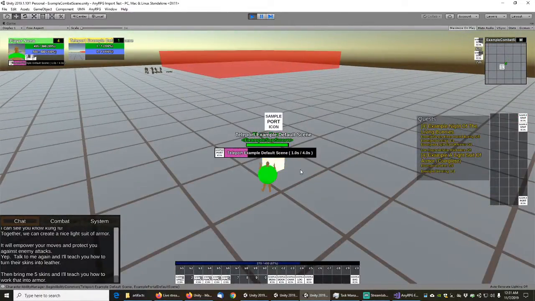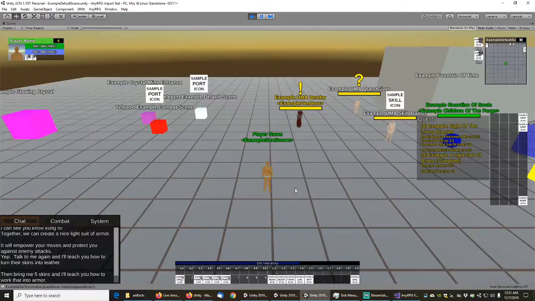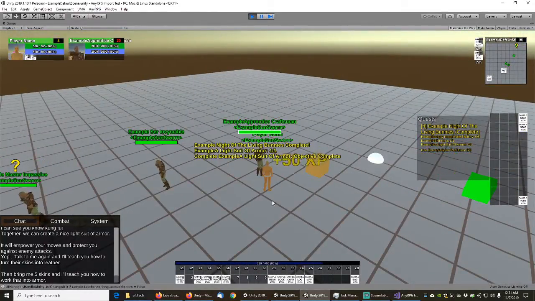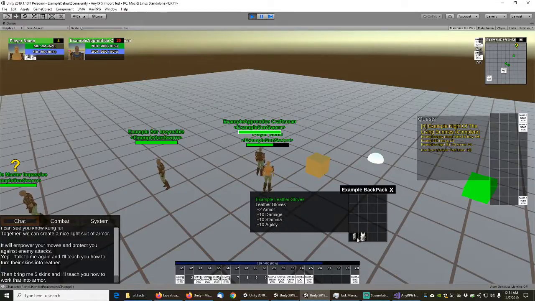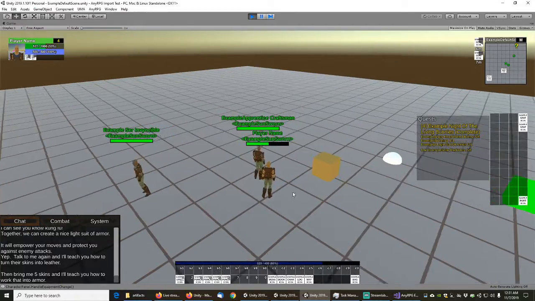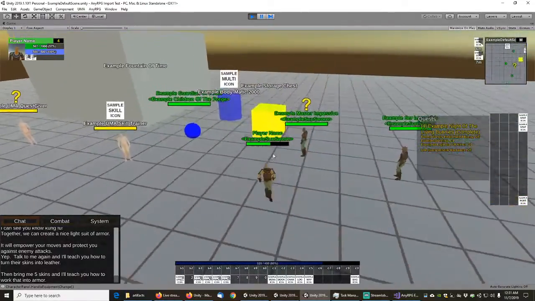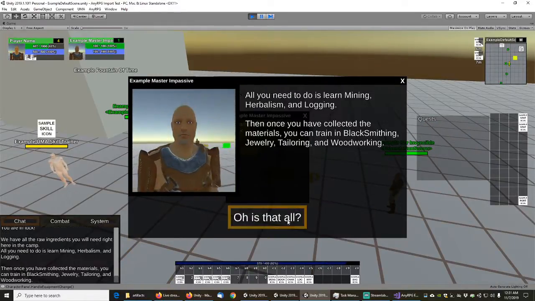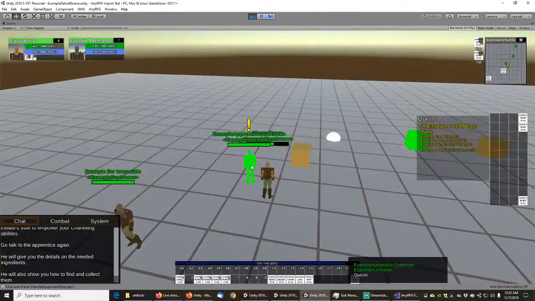We can go back to our default scene here. We got our hand wavy spellcasting Mickey Mouse animations working okay. Go back to this dude over here, complete that quest. We're gonna equip the armor. We got some armor now. We're gonna be even stronger. We've got a bunch more hit points. We can go back over here. And we have now completed our first quest, and okay, we're going to need to go back over here,